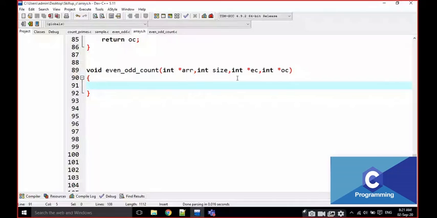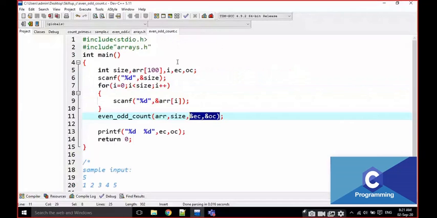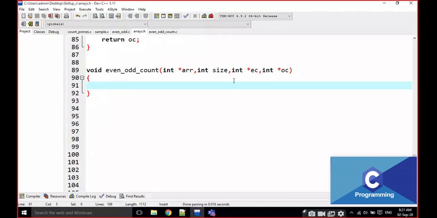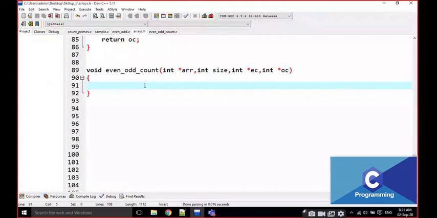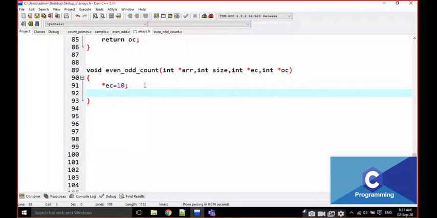What does this mean? This is the address, right? We are passing the address of integer values, that's why I am catching them using pointers. I am not writing any logic here. Star ec is equal to 10. Star oc is equal to 5.